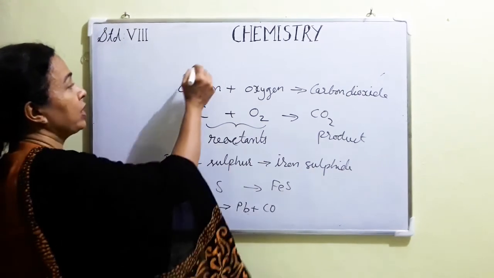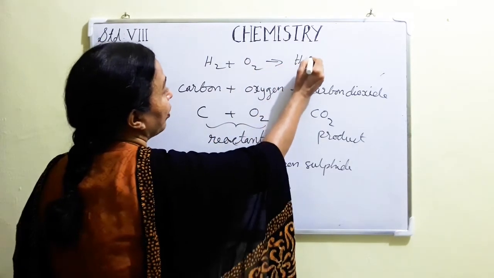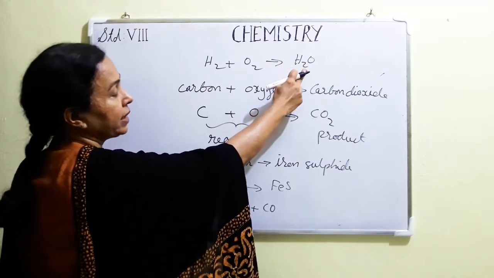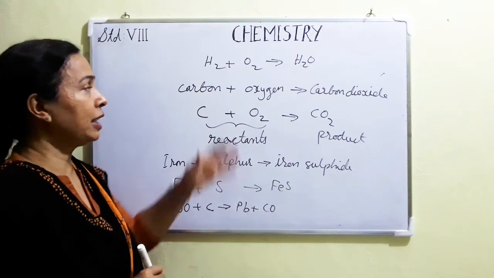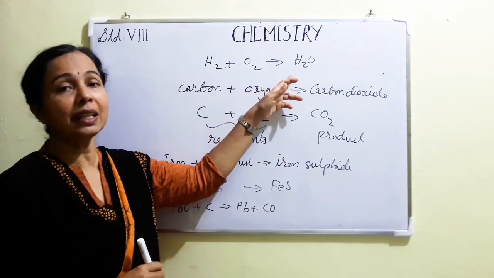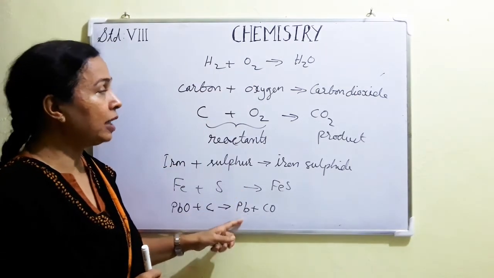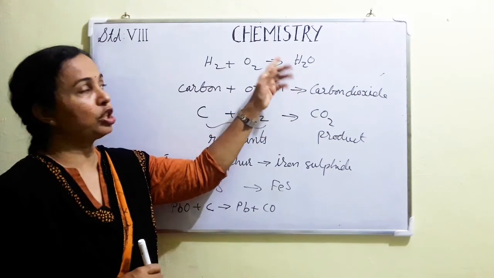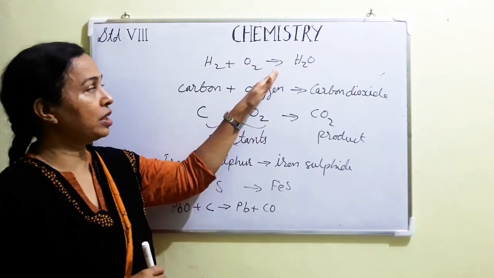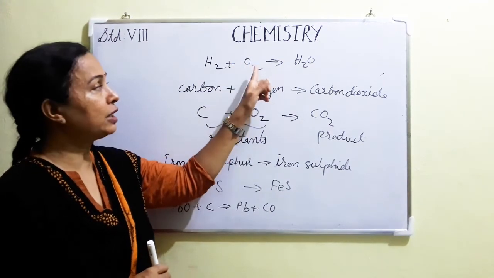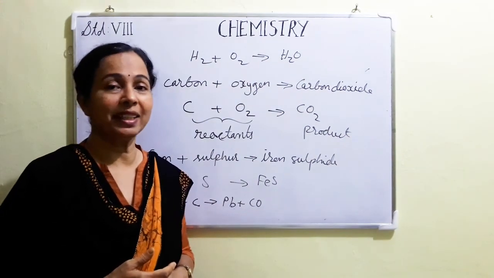Okay, but you see this equation, H2 plus O2 combined together to form H2O. Here 2 hydrogen atoms, product side there are 2 hydrogen atoms, but here 2 oxygen atoms, here there is only 1 oxygen atom. This is not a balanced equation. This is known as a skeletal equation or unbalanced equation. These two are balanced equations, but this is known as an unbalanced equation. Why is it an unbalanced equation? Because atoms of all the elements involved in the reaction are not the same on both sides. In the case of oxygen, here 2, but here only 1. They are not equal. So today let us conclude the class.